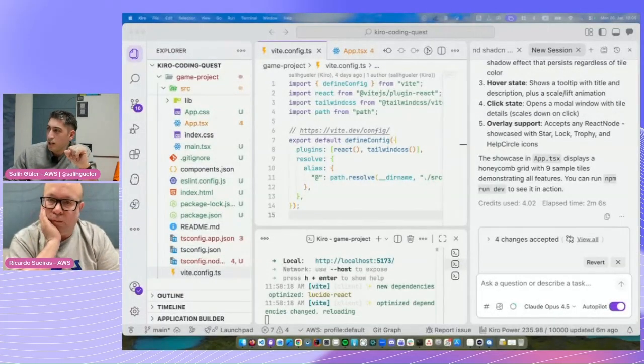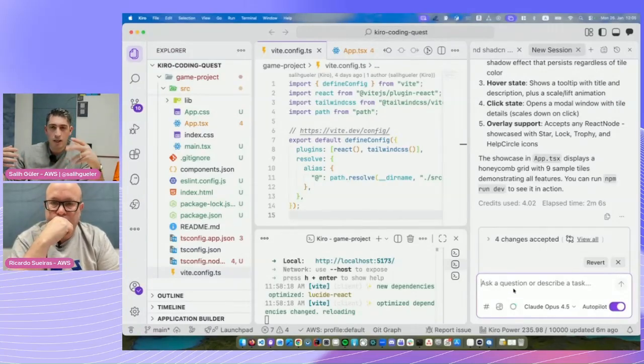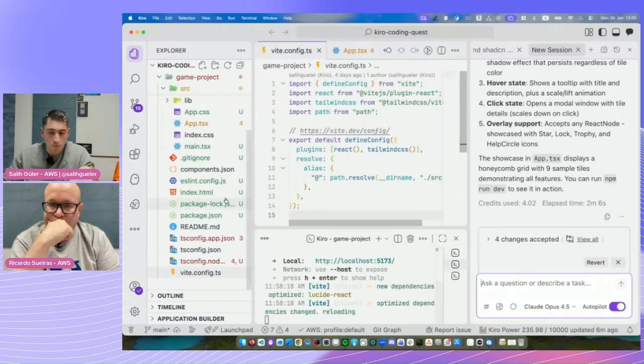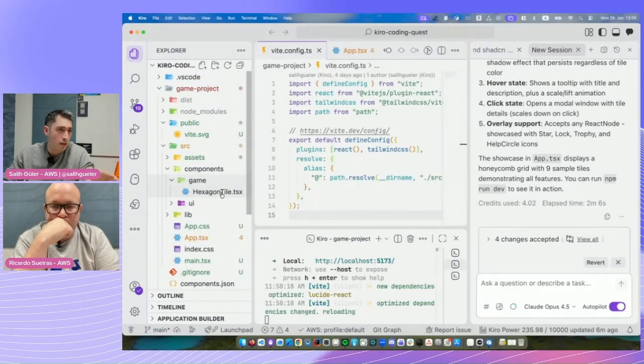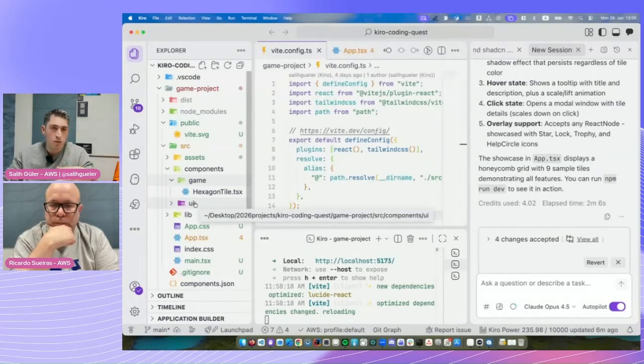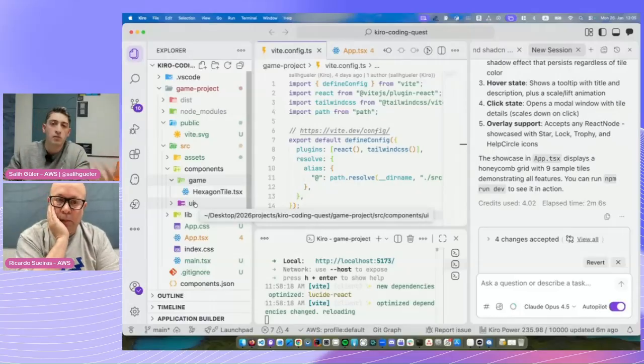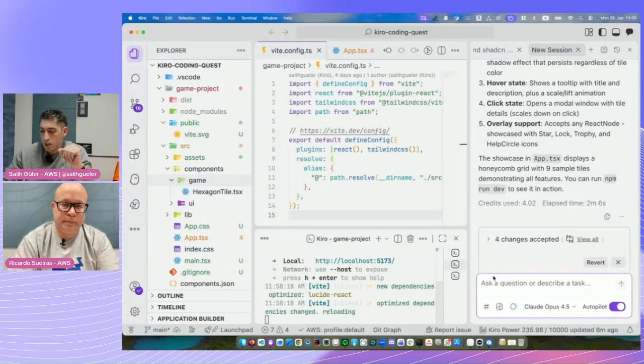All right. So right now, what we have here is, from my perspective, just a board. And I want to have board logic, because right now I have the component in place, and for the game I have the hexagon tile. For the UI, I have a different one. The reason is we're using shadcn. shadcn was the UI library that we decided to use for normal operations like buttons and so on to make our lives easier. And now what we will do is say, create a board view like the Settlers